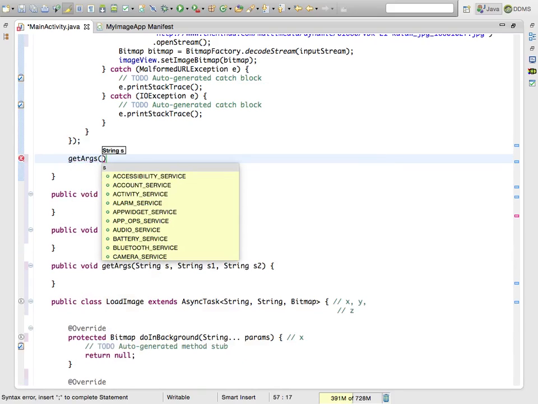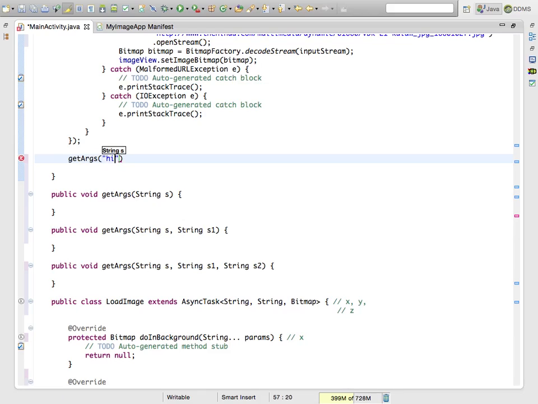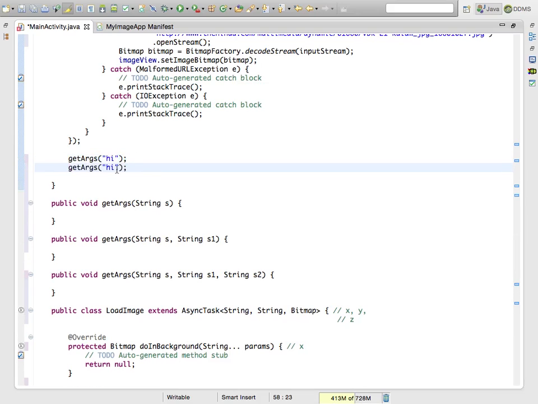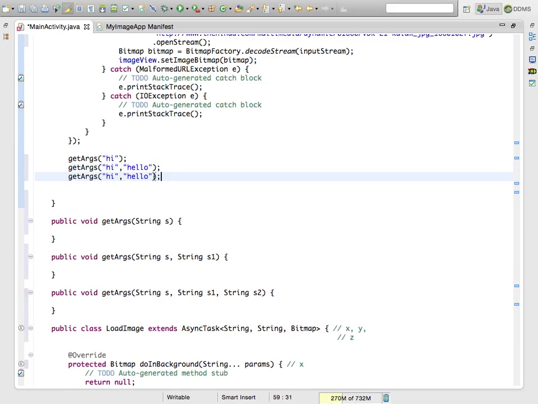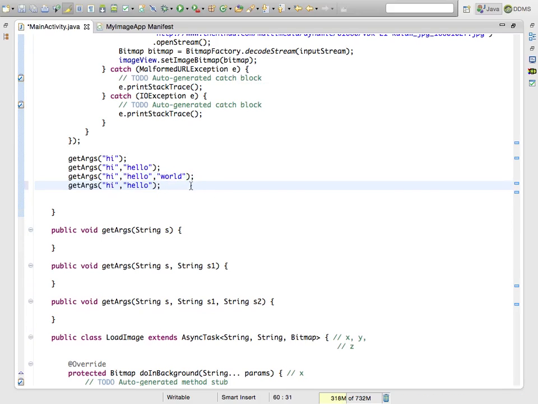this is true, this is also true, this is also true, but